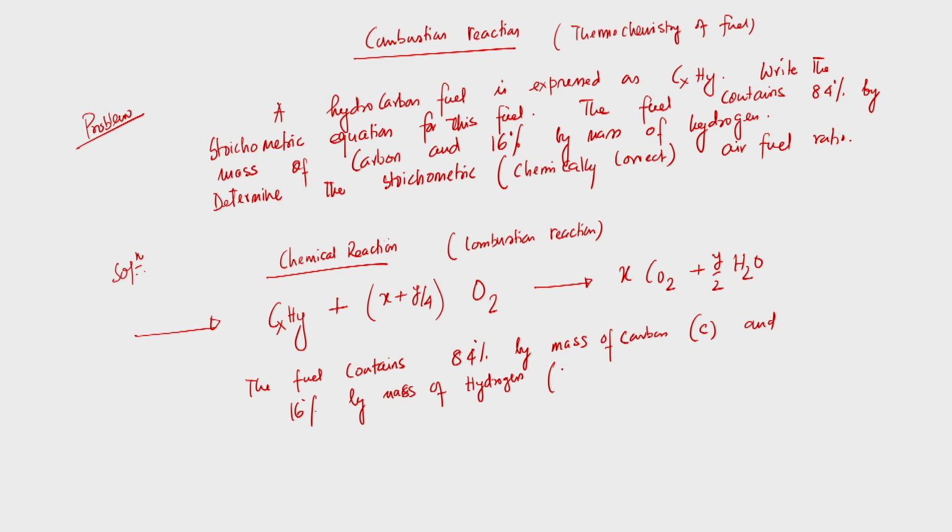As I said, all carbon will be converted to carbon dioxide. So the mass ratio: 12 plus 32 gives 44, that is the molecular weight. So, if all the carbon is converted to carbon dioxide, I can see from this reaction that for 0.84,